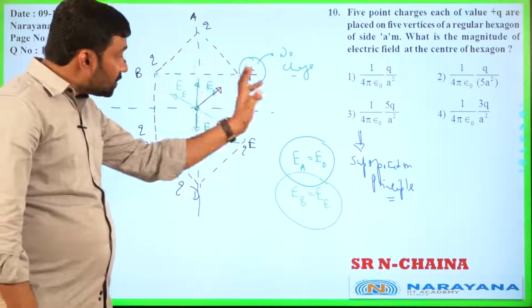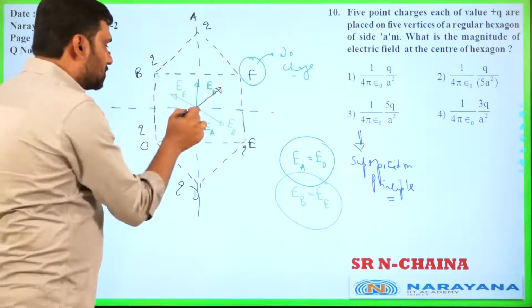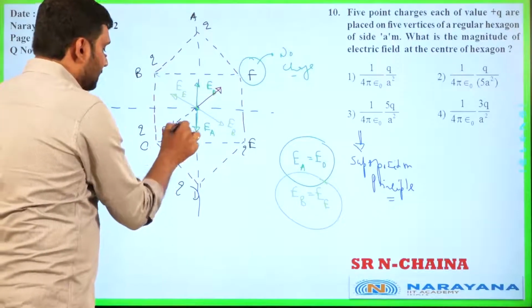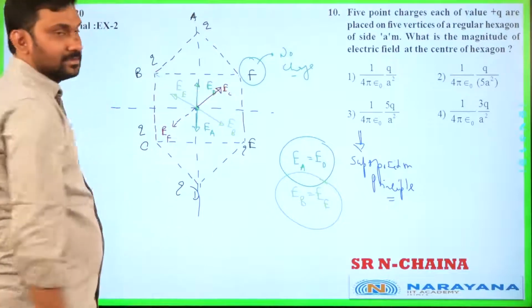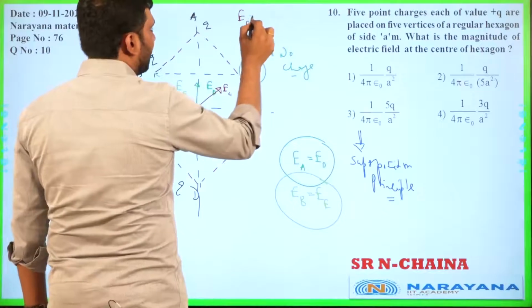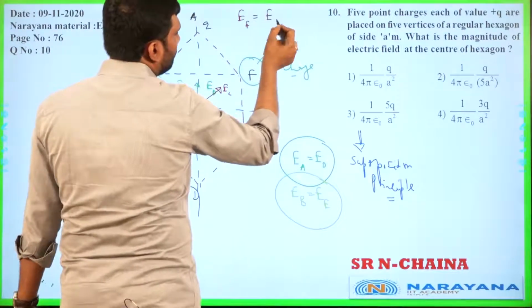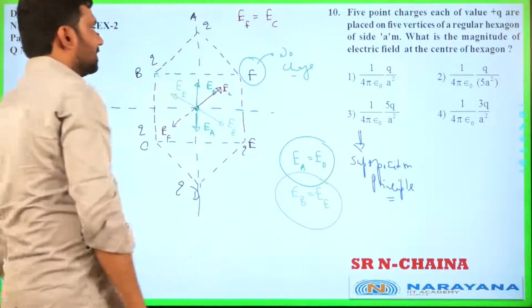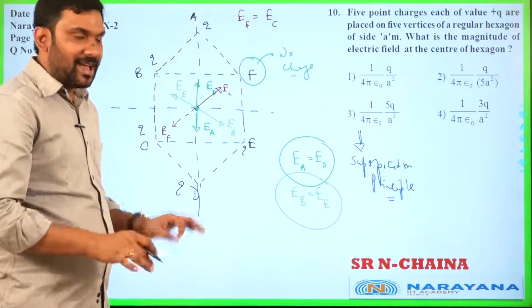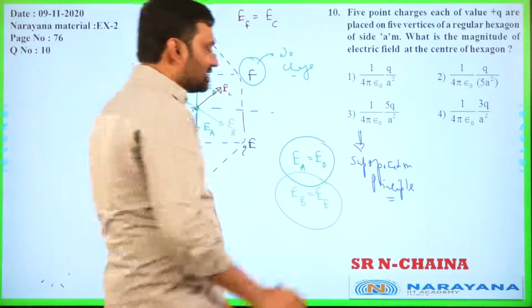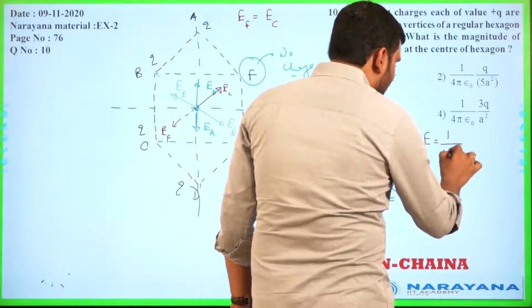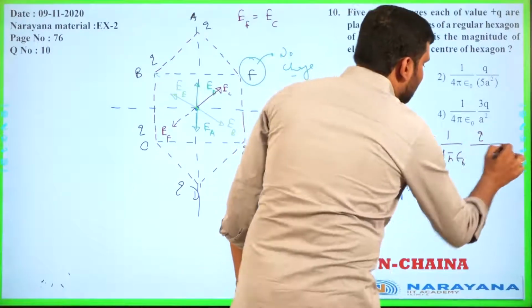If there is a charge on F, it would have been EF, that is EC, correct? So the electric field at the center due to point F would have been equal to the electric field due to the charge C at the center. So that means ultimately it is the electric field produced by a single charge at the center. So the answer will be E is equal to 1 by 4 pi epsilon naught Q divided by,